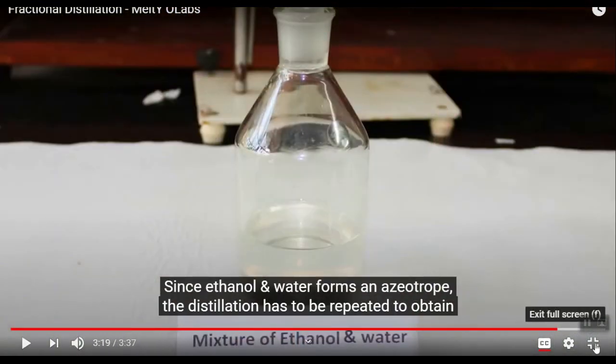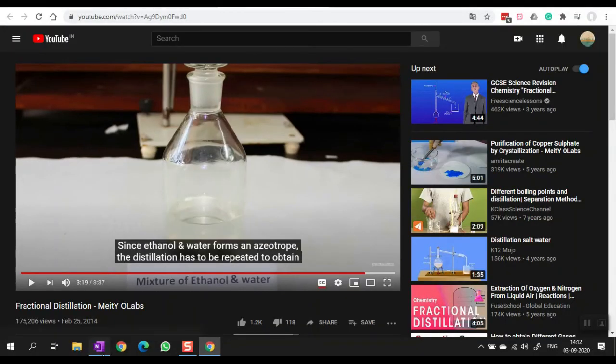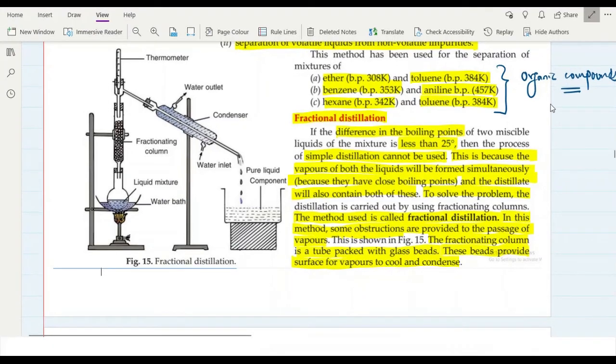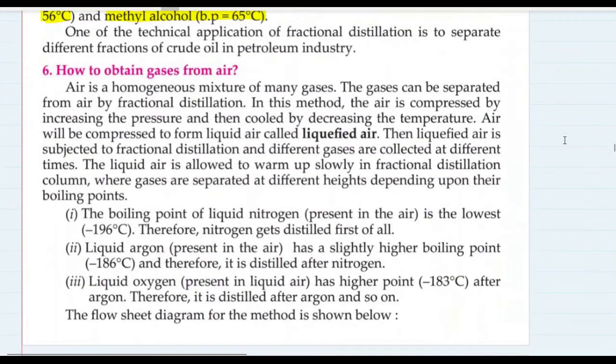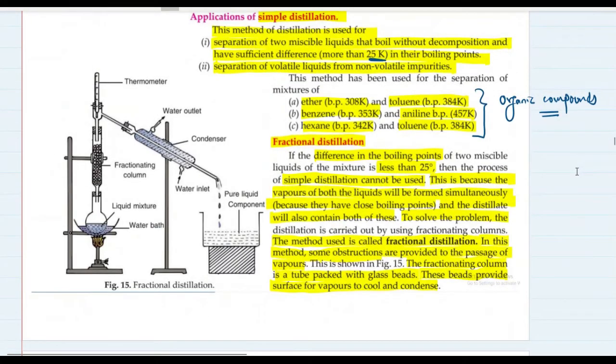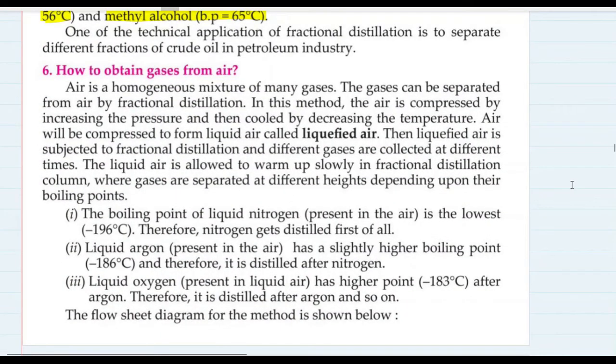Okay, so yeah, this was the video of fractional distillation, which we understood. So the whole process is clear now. Now, in the same way, like we observed the separation of a mixture of two miscible liquids using fractional distillation, we can separate the components of air by the same method. But air is a gas, and we cannot separate the constituents of a gas in the gaseous form. So we must convert air from gaseous form to liquid form.